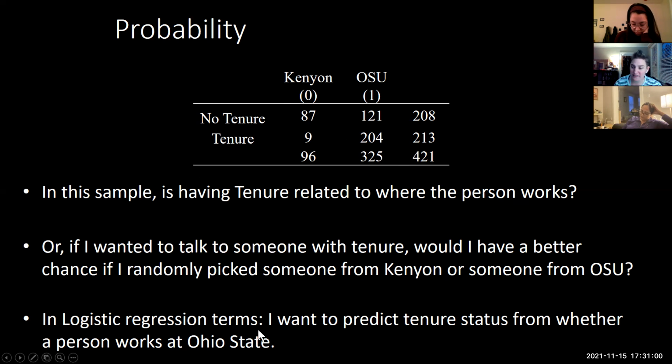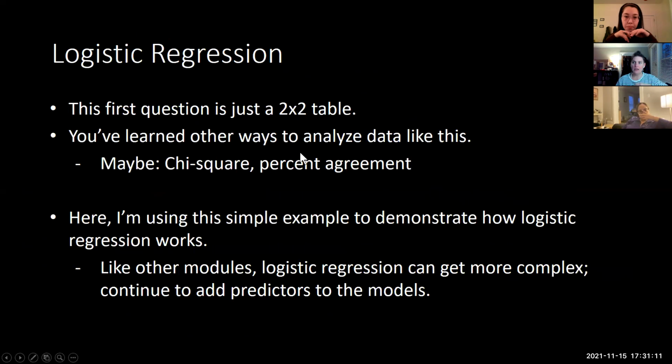So if I want to phrase this as a logistic regression question, you would say, I want to predict tenure status from whether a person works at Ohio State. So now